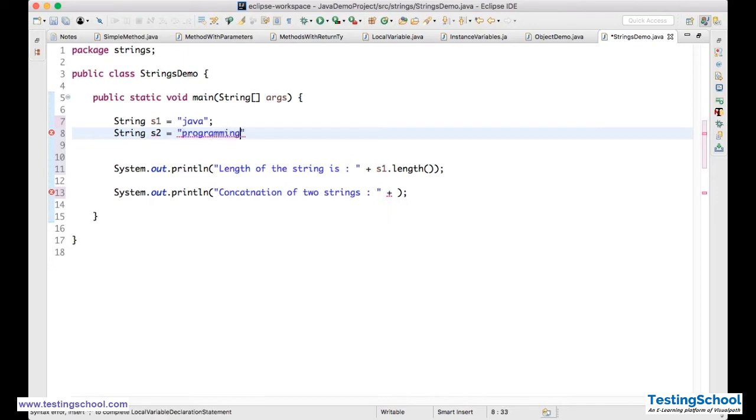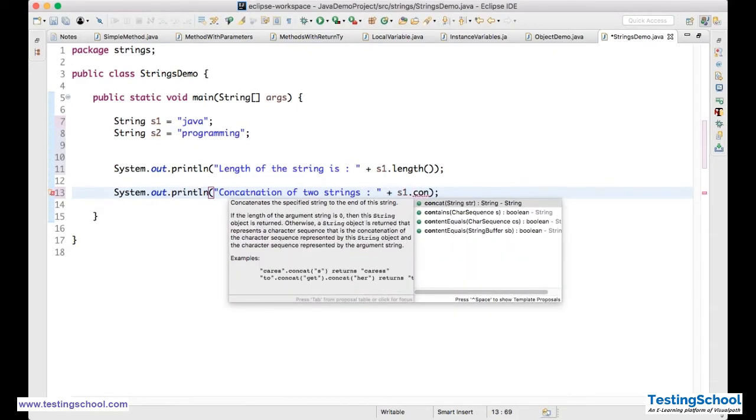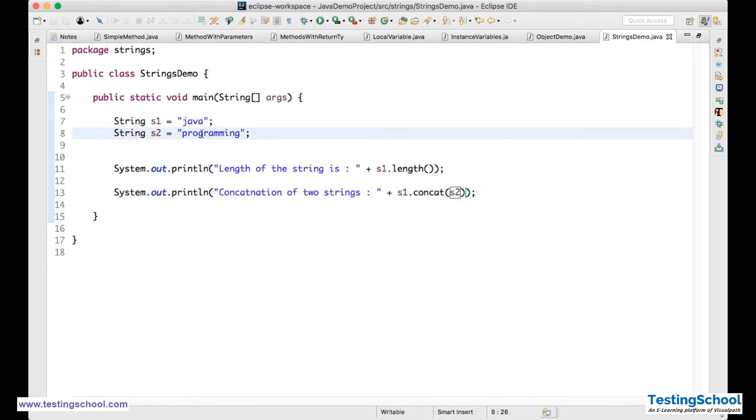is equal to "programming". I want to get "Java programming". What I'll do, s1 is having Java, dot concat. You see concat, and inside that it is accepting one more string. What is the string I am accepting? It is s2. s1.concat(s2). So I am concatenating s1 and s2.